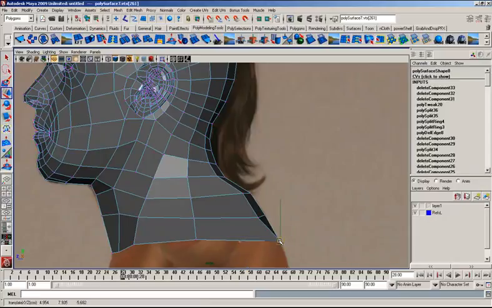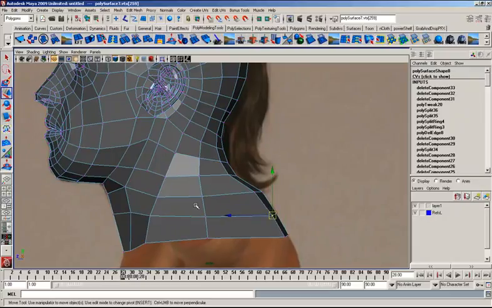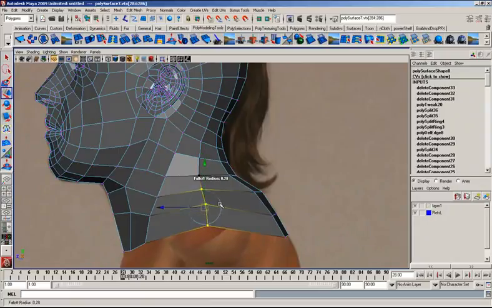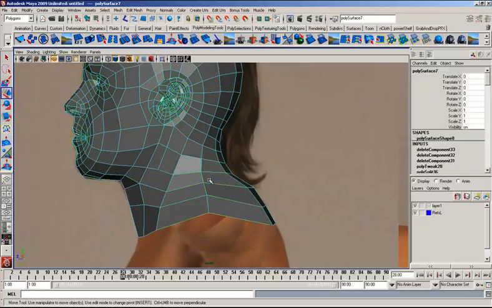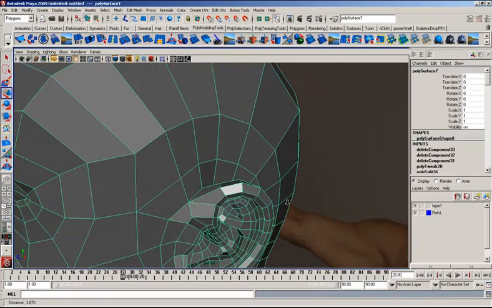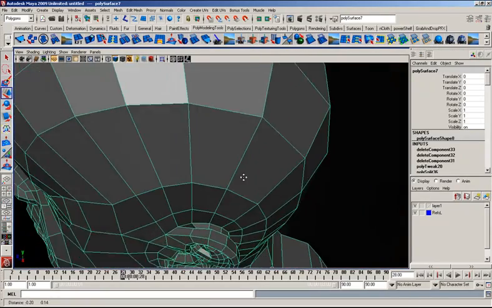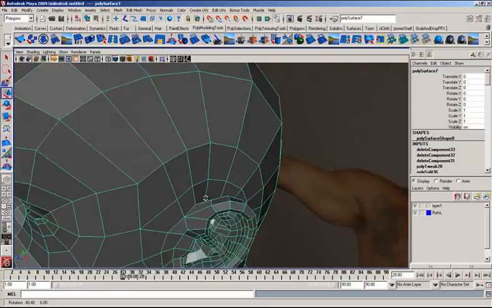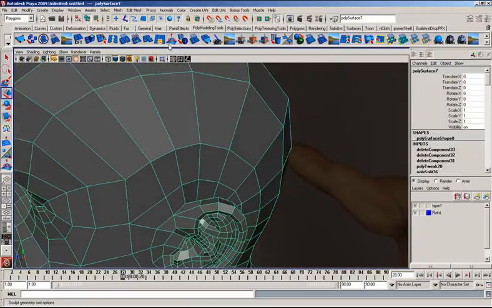I'm just going to leave it there, because like I said, that whole shape's going to change. Alrighty. So I think that pretty much takes care of that. The rest is trying to average out a couple of verts